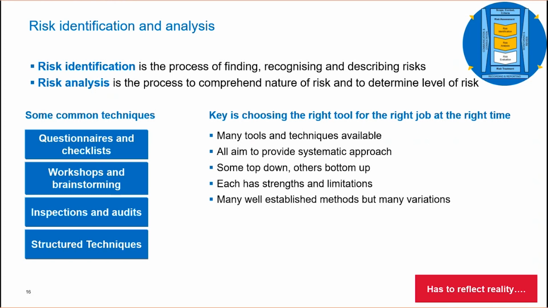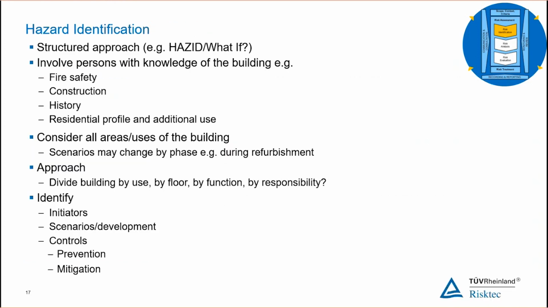This is why I was talking about communication and consultation. If we are doing structured processes to identify the hazards, and structured processes to look at the controls we have in place, it's important that those use knowledgeable people who can talk knowledgeably about what they do, and also identify the weaknesses. These are holes within the cheese. The better we identify those, the sooner we can fix them. So hazard identification is a key process within risk identification, providing a structured approach.